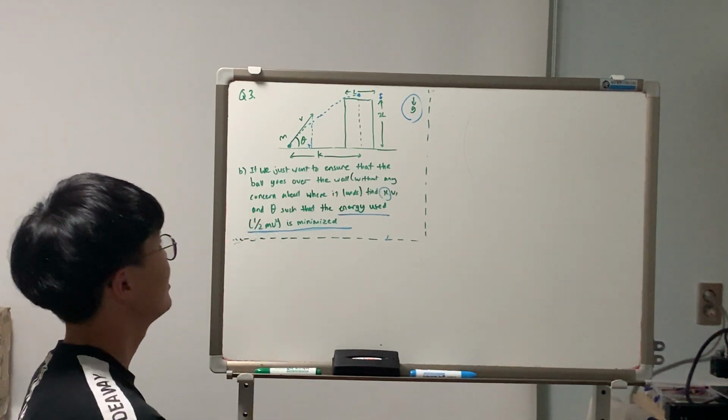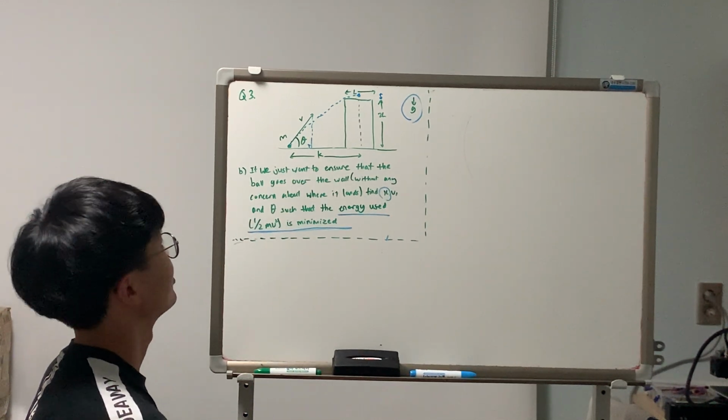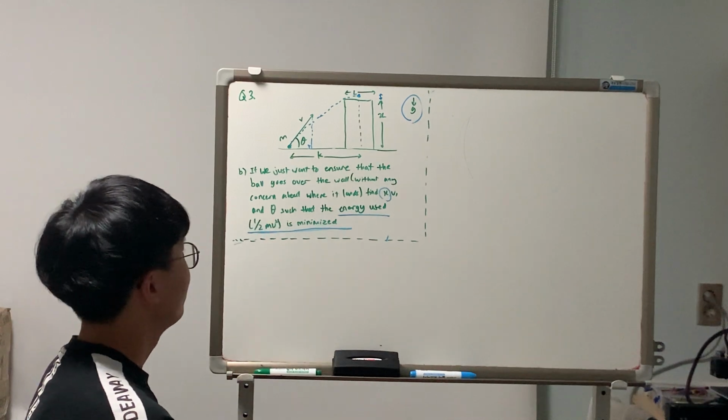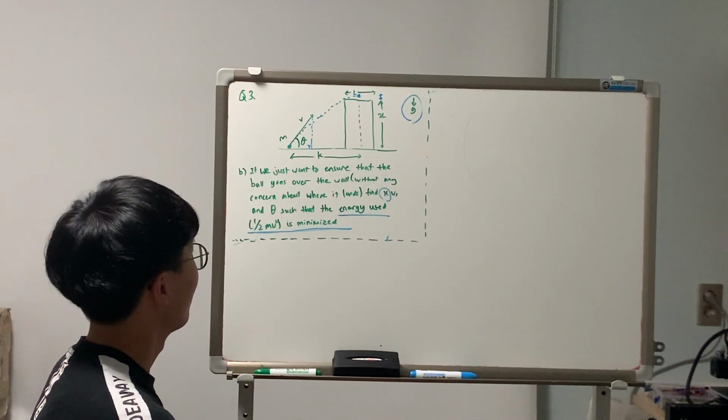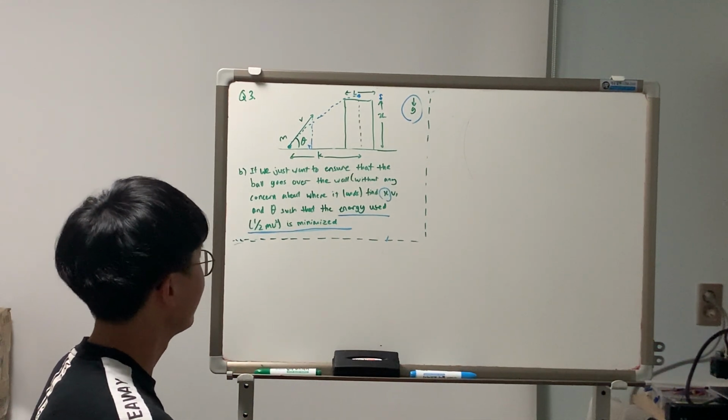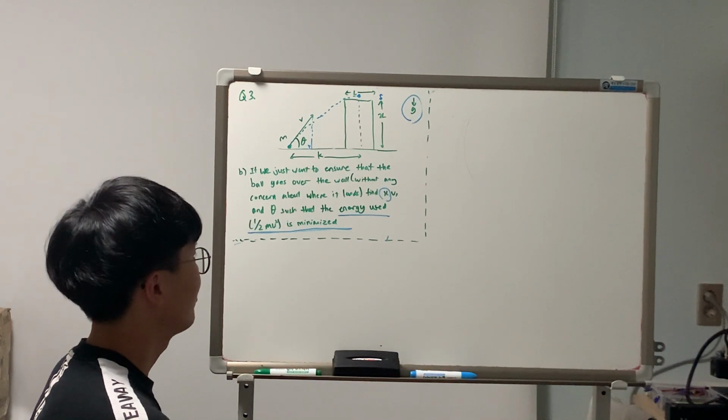So it's part B. And firstly, I'm just going to read the question. It says if we just want to ensure that the ball goes over the wall without any concern about where it lands, find x,